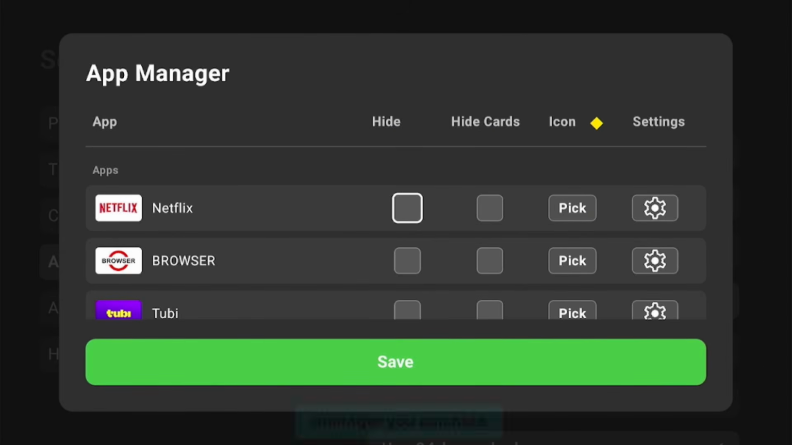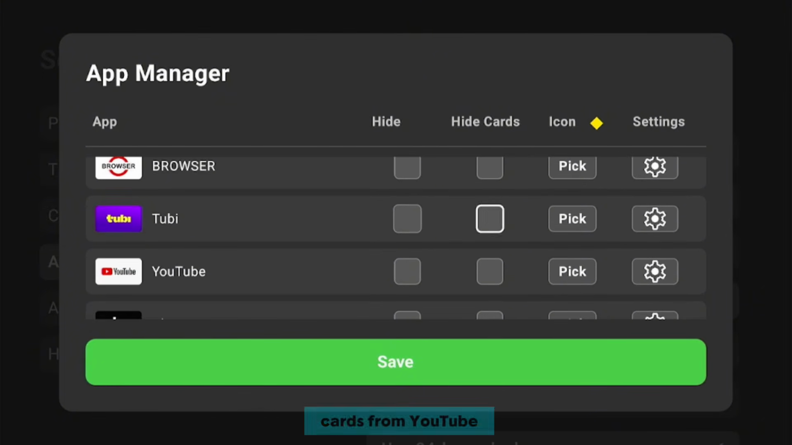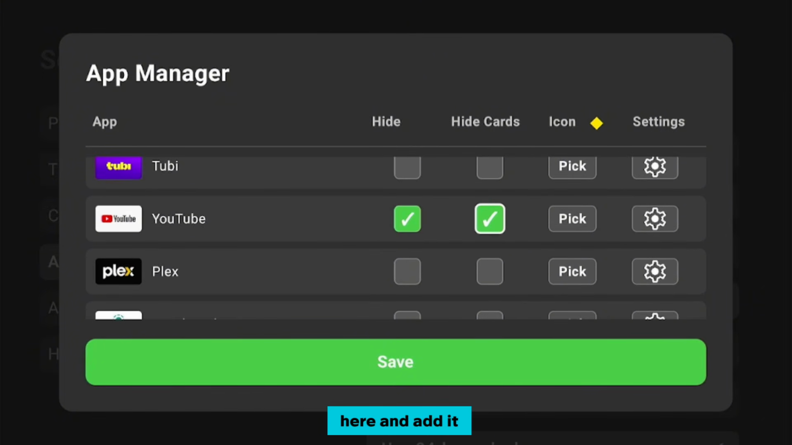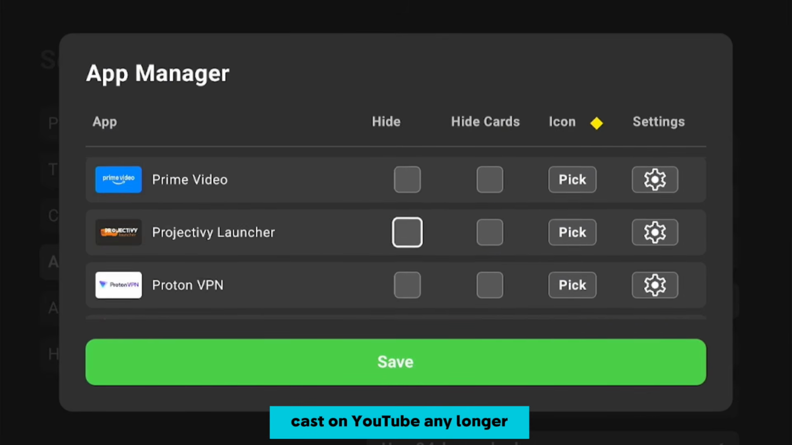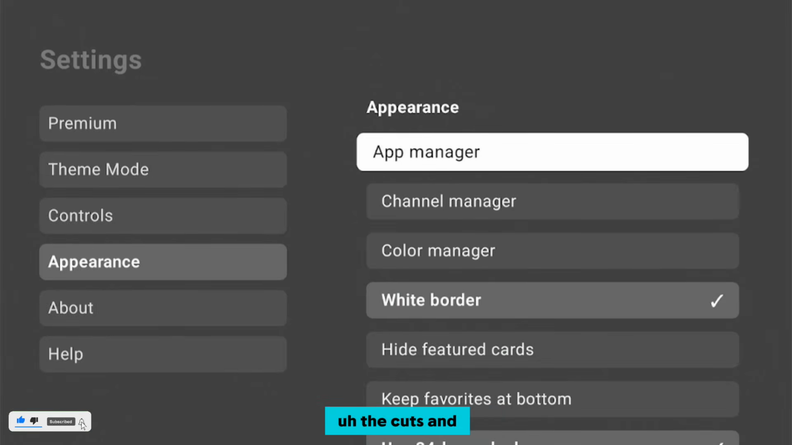First, from the app manager, you can hide certain apps and some cards. For instance, I don't want to see cards from YouTube. I can go over here and add it and hide it. Then I won't be able to see cards from YouTube any longer. So you can choose any app from here that you want to hide the cards, and then you can go